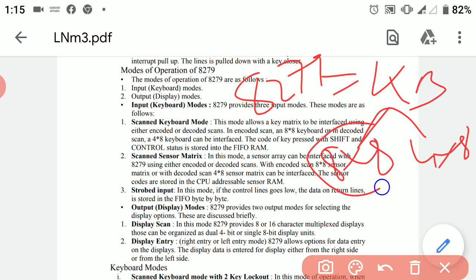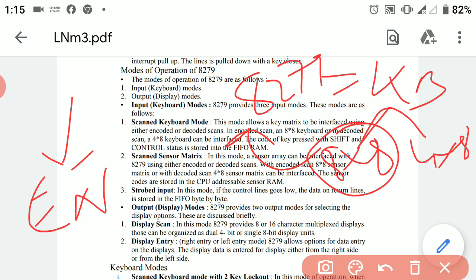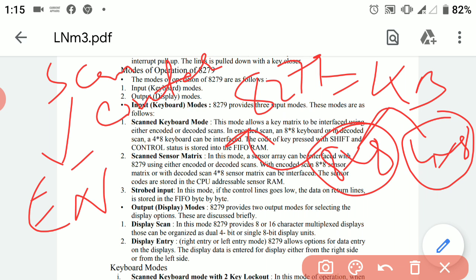If we have to connect an 8:8 matrix keyboard with the 8279, we will use encoded mode of scan counter. If we have to connect a 4:8 matrix type keyboard with the 8279, we will use decoded mode of scan counter. We have discussed the scan counter in the block diagram, that the scan counter has two different modes, that is encoder mode or decoder mode.